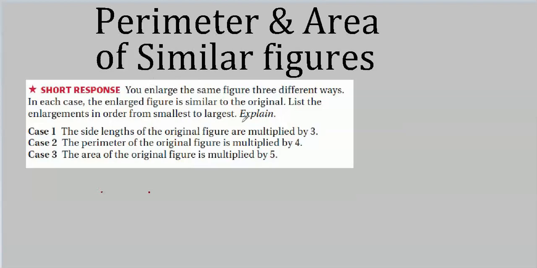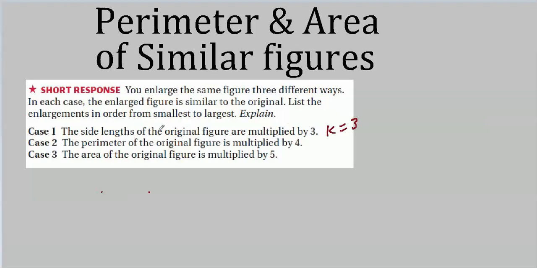Well, let's see here. This one, the side lengths are multiplied by 3. Well, that's automatic. That's what a scale factor means. That's what we do with the scale factor. We multiply each of the sides by 3. We use that fact to derive more information, or theorems, or facts about the perimeters and the areas of these figures whose side lengths have been multiplied by a scale factor, which means our scale factor is, we can just directly write that k equals 3.